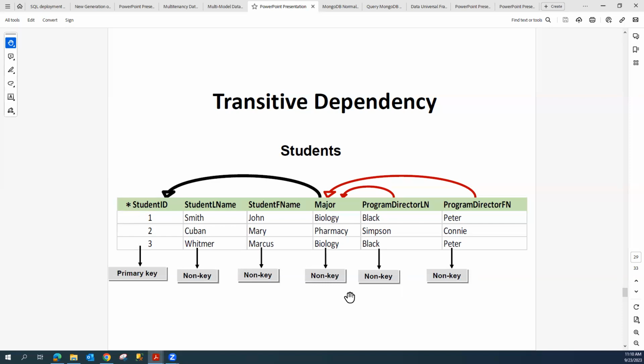The definition for a transitive dependency is: we have a non-key attribute, which is functionally dependent on a second or another non-key attribute. Then the second non-key attribute is functionally dependent on the primary key. Okay, so look at this